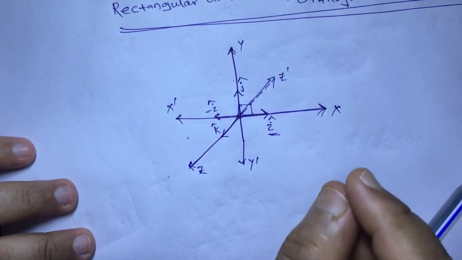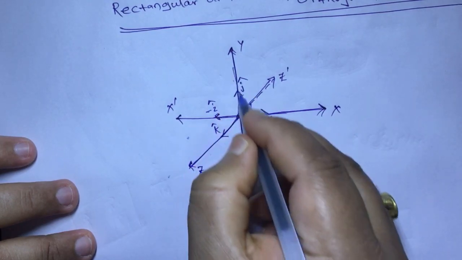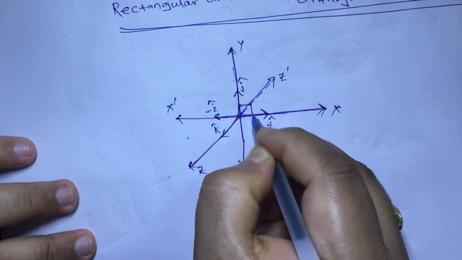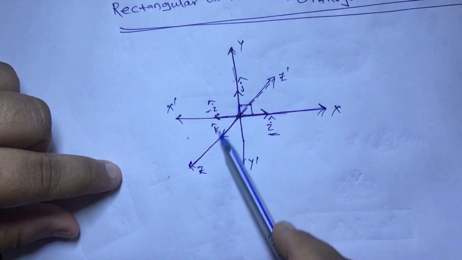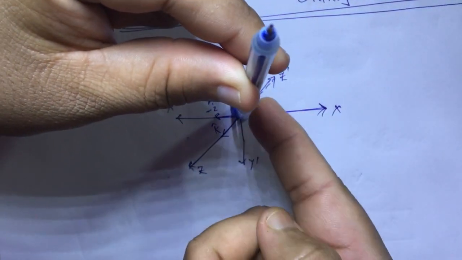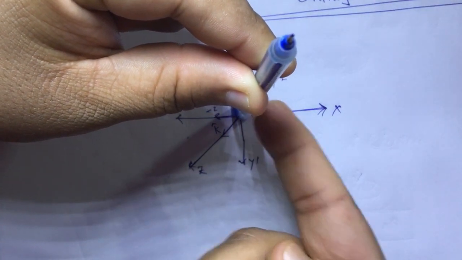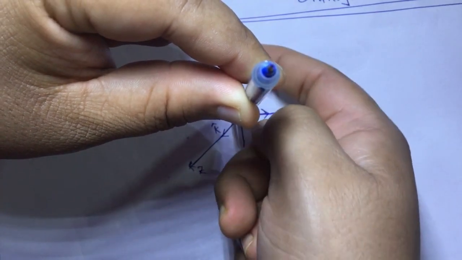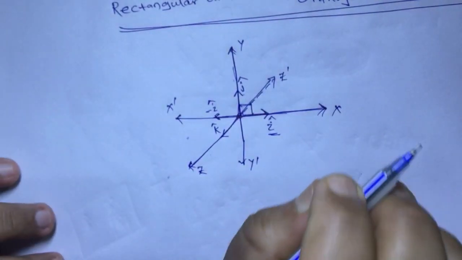Now here, one point very carefully: the angle between the x axis and y axis is 90 degrees. So obviously the angle between I cap and j cap will be 90 degrees. Similarly, I have told you that k cap is not like this, k cap is along this direction, this is the y axis and k cap is a unit vector along this direction. So what is the angle between I cap and k cap? 90 degrees. The angle between j cap and k cap is again 90 degrees. Okay, so that you have to remember.